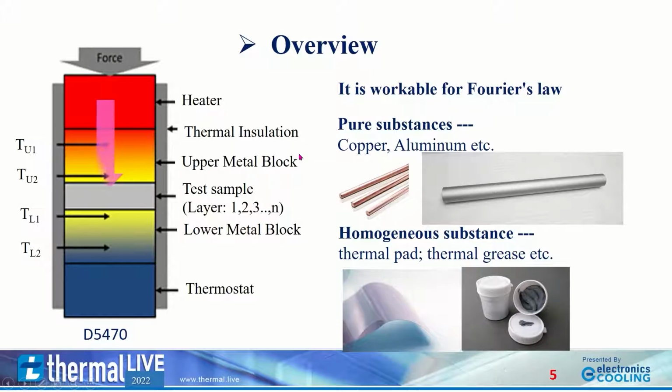In general, the thermal conductivity K value of the material is measured by an instrument for pure substances such as pure copper, pure alumina, or homogeneous substances such as thermal pad or thermal grease. It is of course no problem to measure the K values by Fourier's law. The test method widely applied by TIM manufacturers is named D5470. However,